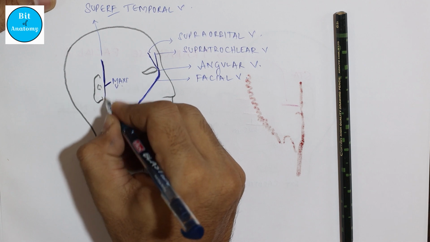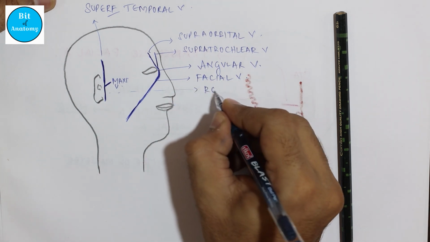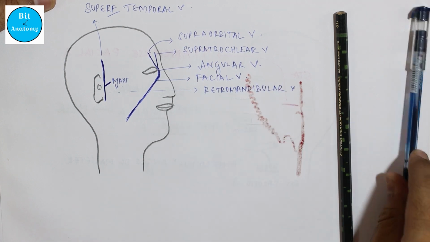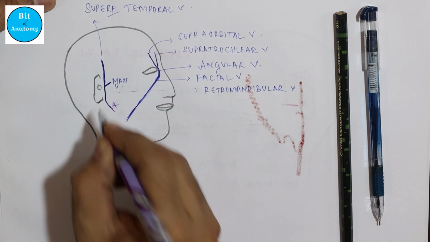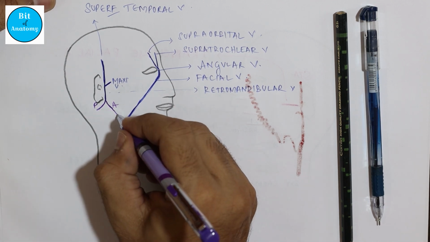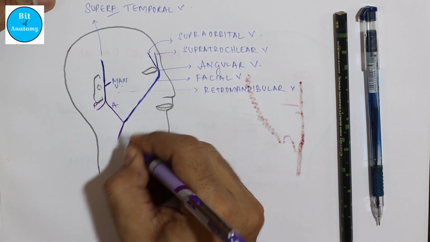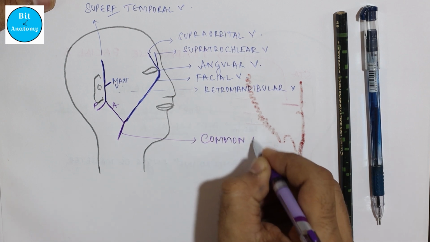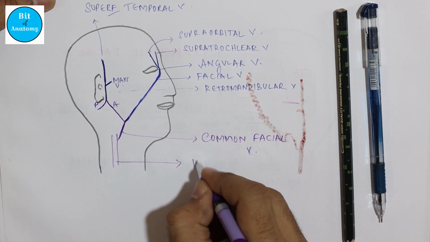So it forms a vein in this region known as the retromandibular vein, because it is present behind the mandible. This retromandibular vein divides into an anterior division and a posterior division. The anterior division of the retromandibular vein will join with the facial vein, forming one more vein called the common facial vein, which will drain into a larger vein,